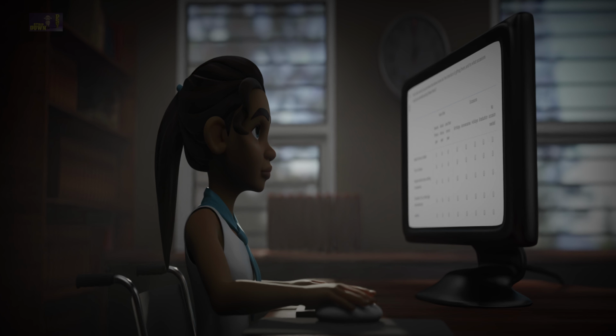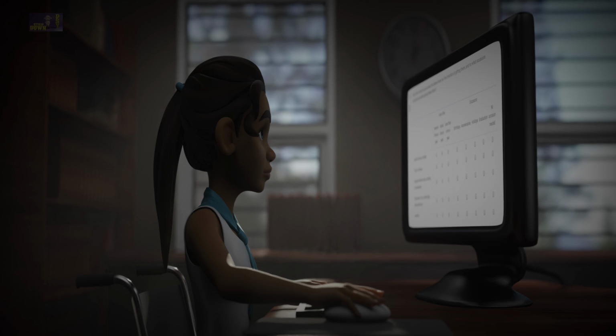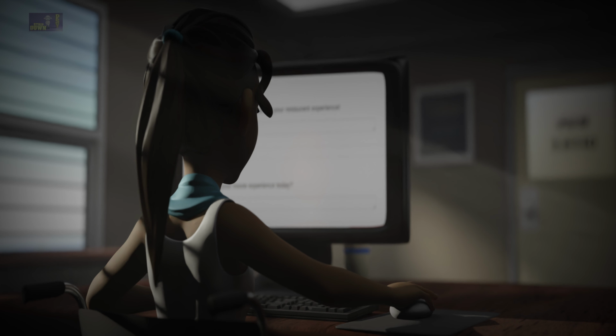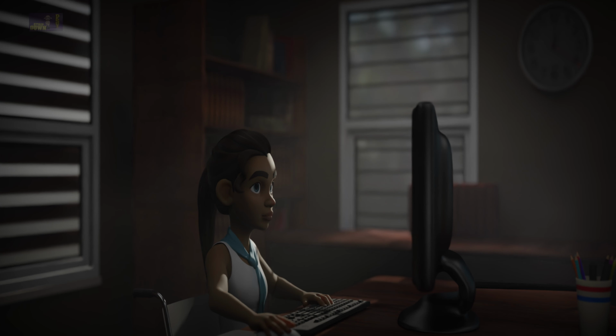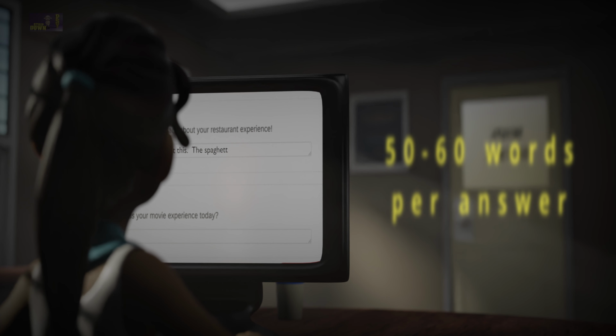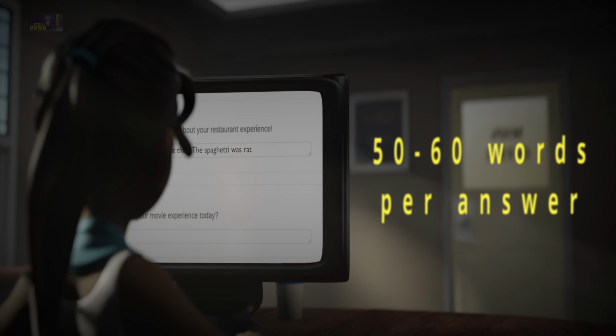And also, you'll usually have somewhere between 6 or 7 open questions on a qualitative survey, if it was fully qualitative. So fully as in there's just qualitative questions, there's no quantitative questions. So if it's just qualitative questions, 6 or 7 questions in a survey, that means you're on average getting maybe 50 to 60 words per answer.